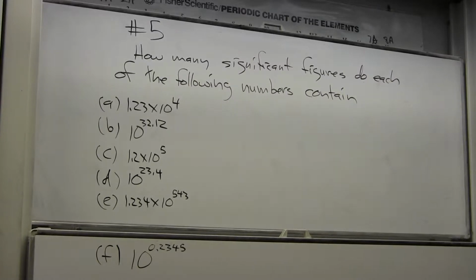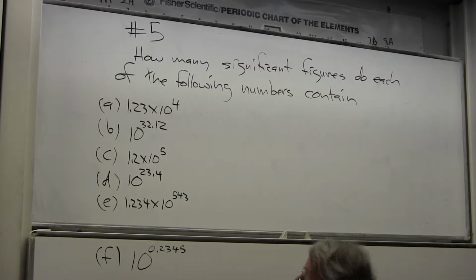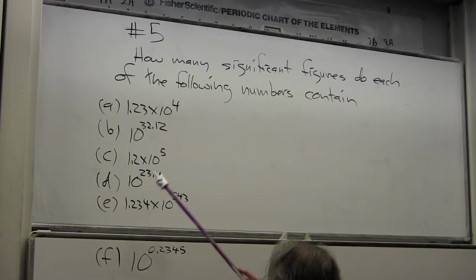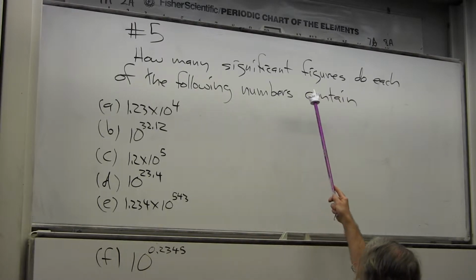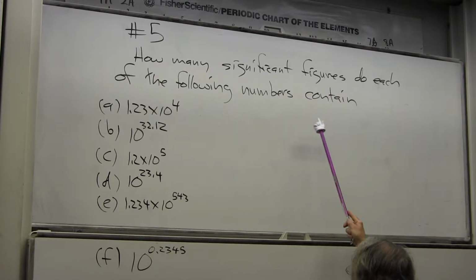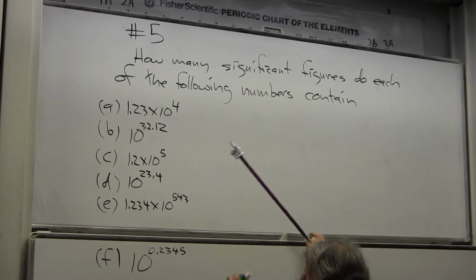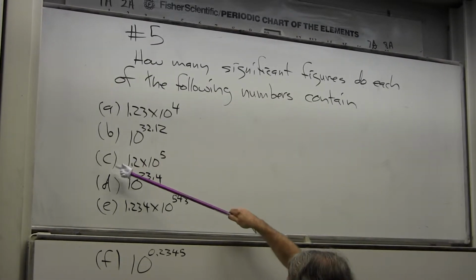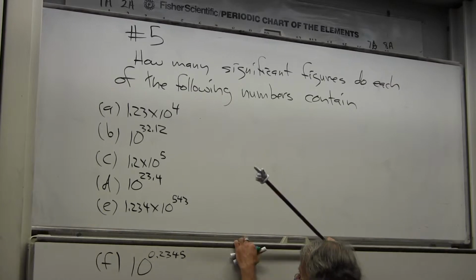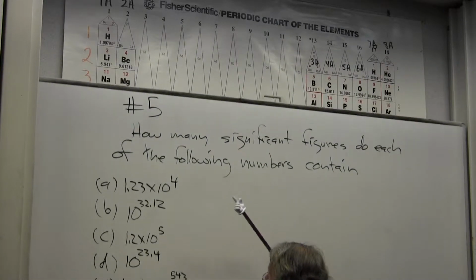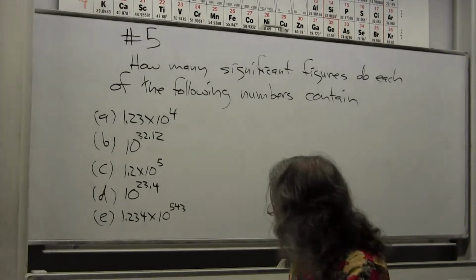Okay, this is actually exercise 5, and it's simply how many significant figures do each of the following numbers contain? And I have 1, 2, 3, 4, 5, 6 examples. Now,